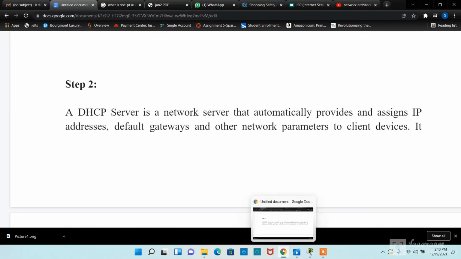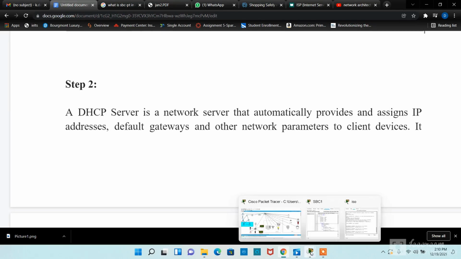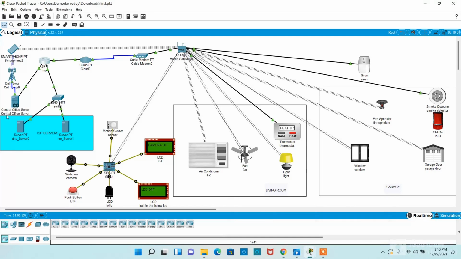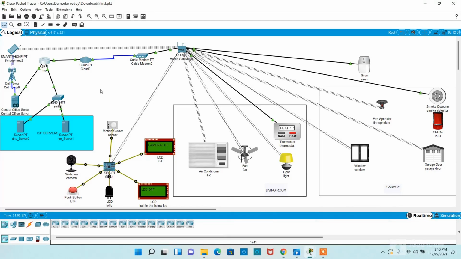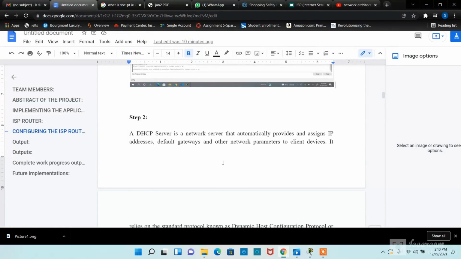And secondly, the DHCP server, which is also called the central office server, is responsible for giving IP addresses to all the client devices. I have done the configuration here and updated it in the report.